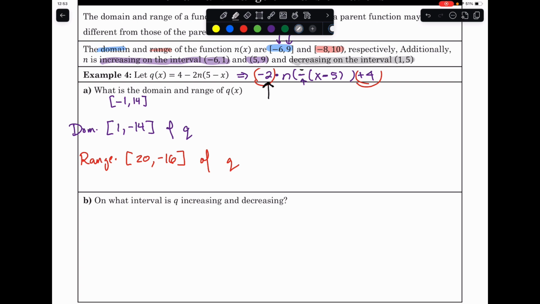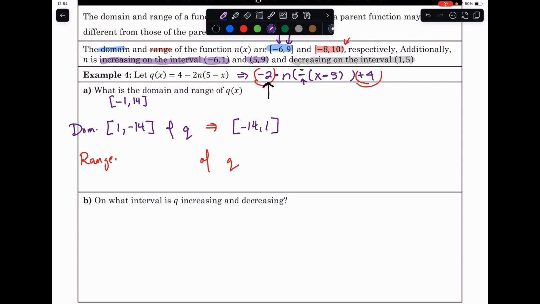Oh, I do have to make a correction on the range here. The notation for the range should not be closed brackets here. This one right here should be parentheses, because it is open on that one. And I also need to fix the order of my interval, because my interval doesn't make sense. My interval for the domain is incorrect because it should be from -14 to 1,